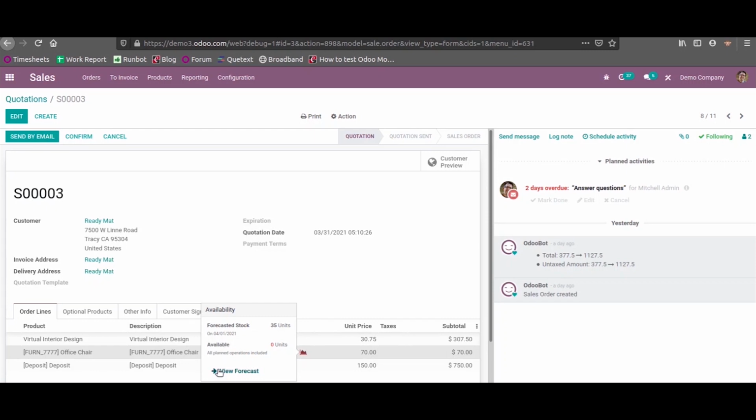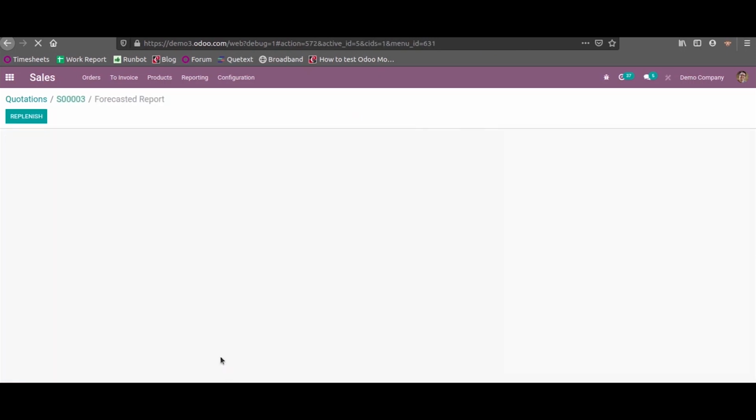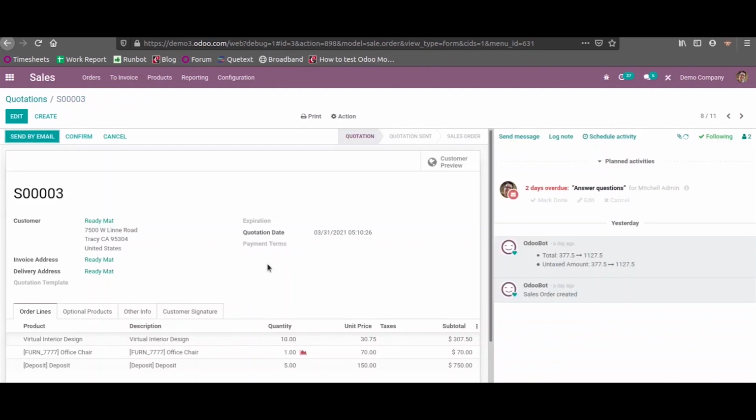Also, you have got a link on which, if you click, you can see the forecasted report of the same product. Now let us see how this particular widget is being called.